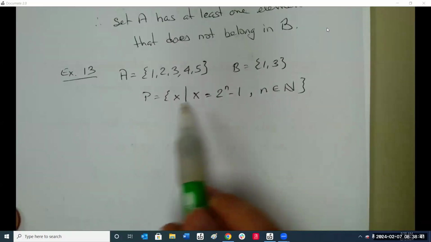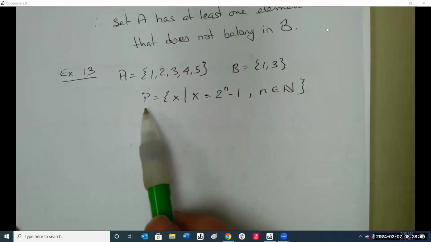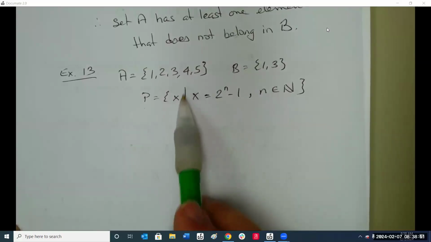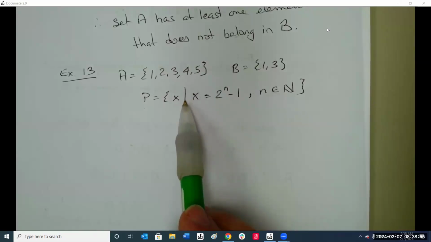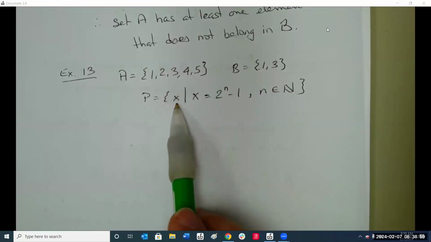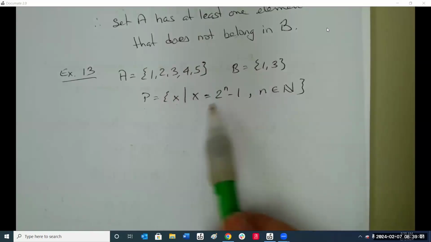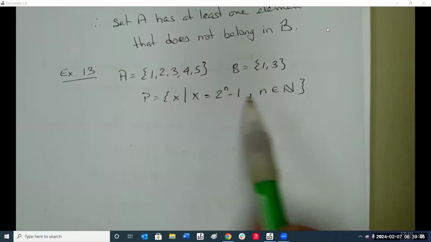Look at the P. You have to know how to read that. What does this line here mean? How do you read that line there? Such that, so P is a set of X such that X is equal to 2n minus 1,